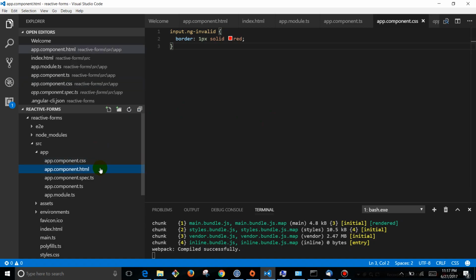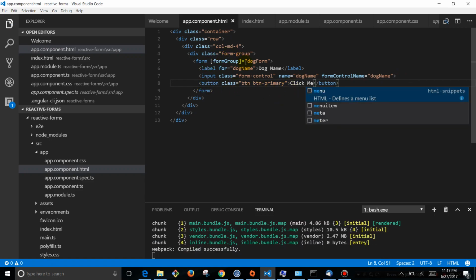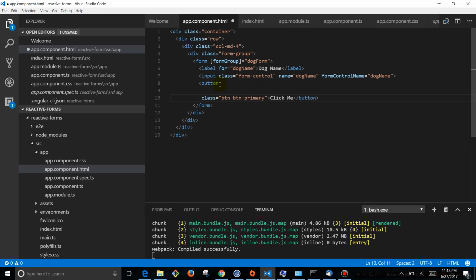One more thing I'm going to show you, and then I'm going to take a break and head to bed, is let's say we've got this button. Button, primary. Another validation is we can actually validate, click me, the validity of the whole form itself. So we've got these validations. You can say disabled, and we're going to disable this click button, this little submit button, if dog form is